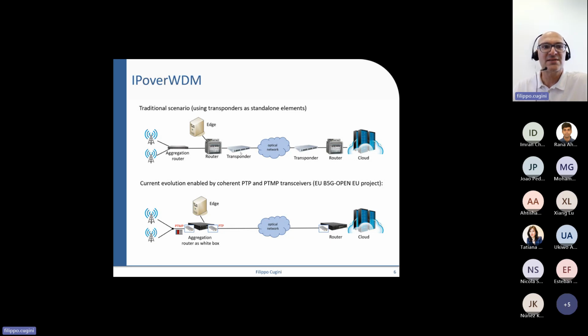Now, thanks to the evolution enabled by small transceivers that can fit a next generation of routers, designed to take advantage of data center operations, the benefit is that we can plug these transceivers within an aggregation router, which could even be a white box, a disaggregated box with standard underlying hardware that can be controlled through a standard interface.